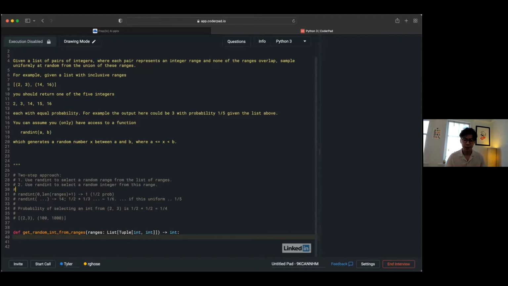The first thing I want to do is build up this list of all the integers in the union of ranges.